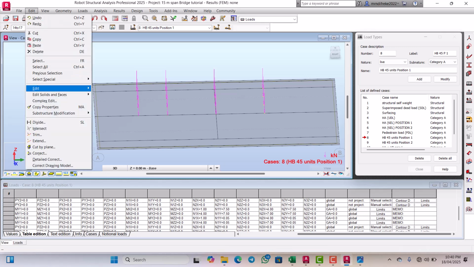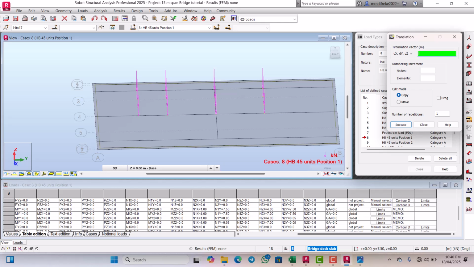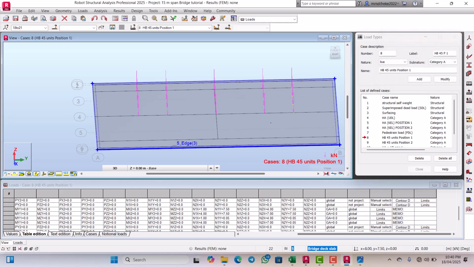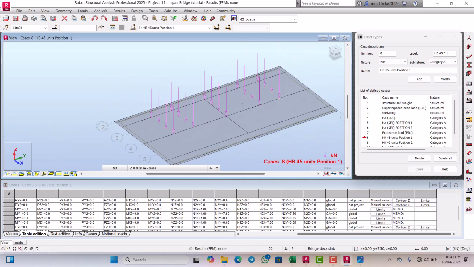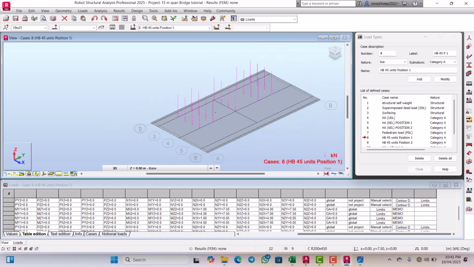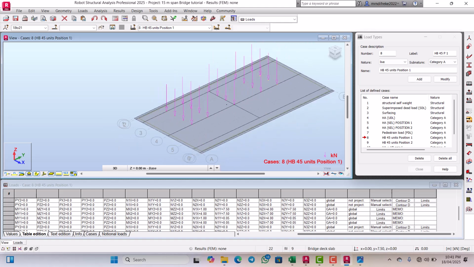Come here. Click here. Then 0, 1.8, 0. Okay. So I've done that now. So I can now go back. Okay. So now